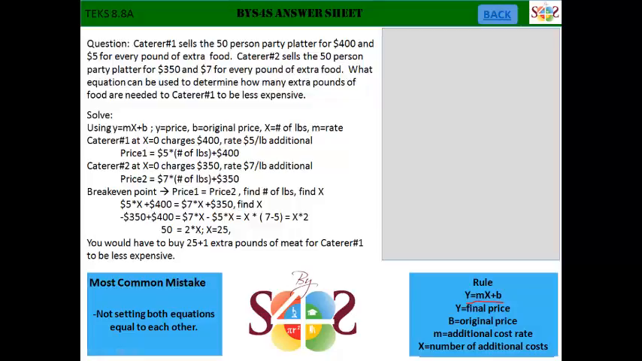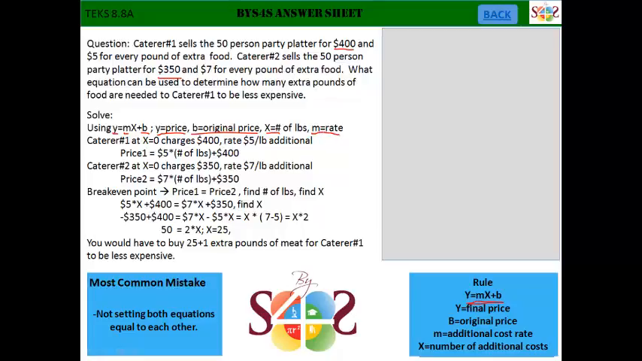be less expensive? So here we're going to use the line equation y equals mx plus b. And we're going to find the value of each of these y, m, and b for caterer number 1 and number 2. So for y, that's going to equal the price. For b, that's going to be the original price of the 50-person party platter. So for caterer number 1, it's going to be $400, and for caterer number 2, it's going to be $350. For x, that's going to be our variable, which is going to be changing depending on every pound of extra food. And since that's being multiplied by m,